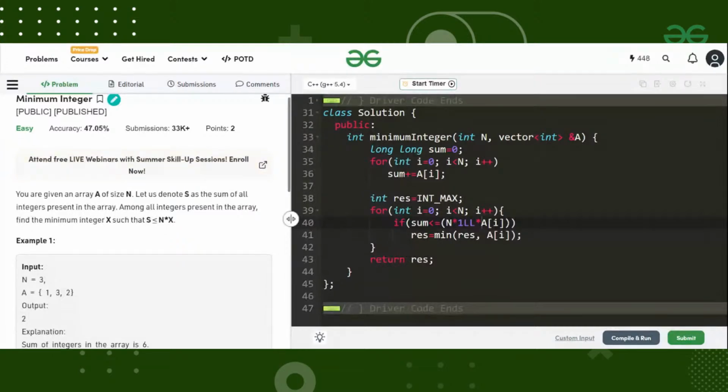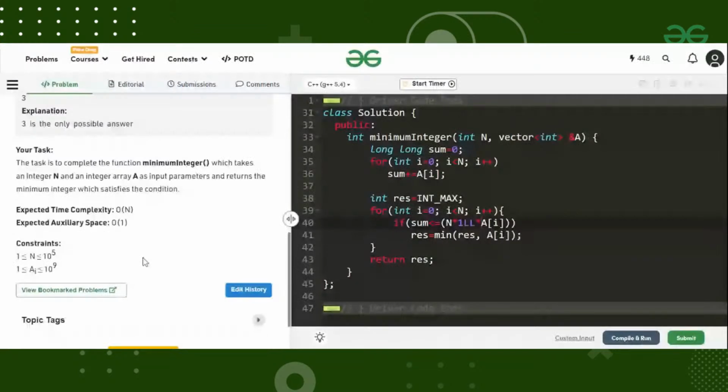Thanks, Abhilash. Thanks, Rishit. All right. As you can see in the space complexity, it is mentioned that we are expecting the space complexity to be big O of 1, right? So that's why we are not using any other data structure here.